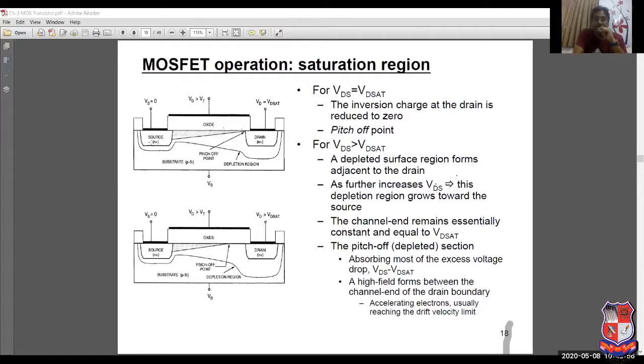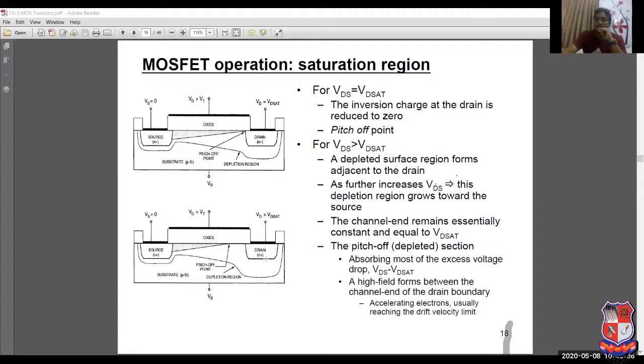So if your VDS is greater than VDS saturation, the electrons coming from the source side, as soon as they reach the end of this channel, because of their velocities, cross this region and enter into the drain. So some constant amount of saturation current starts flowing, and this current is known as ID saturation. You can see that now the increase in the current will not be linear, but still there will be some constant current flowing in the saturation region. So this is known as the saturation condition in case of MOSFET.